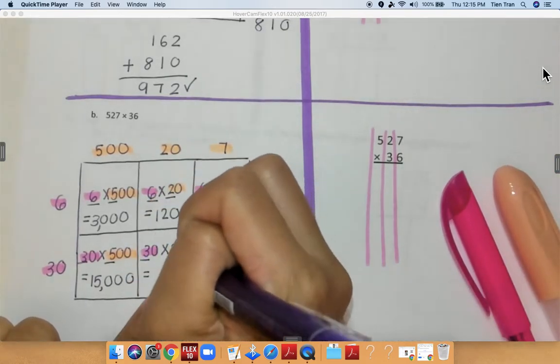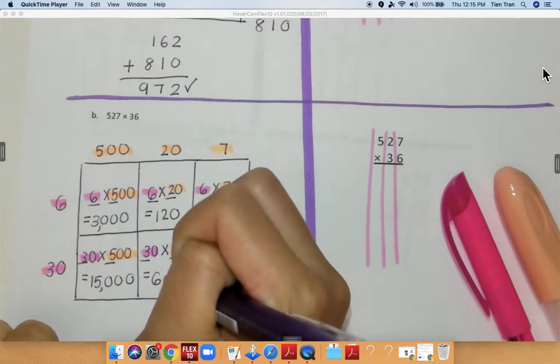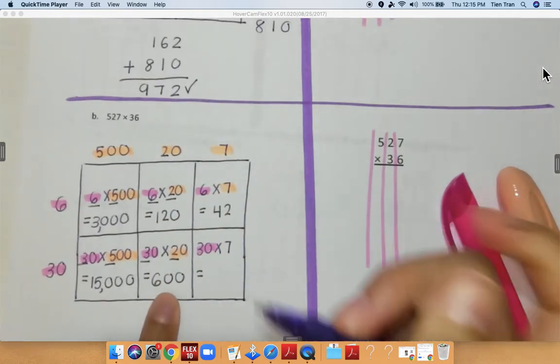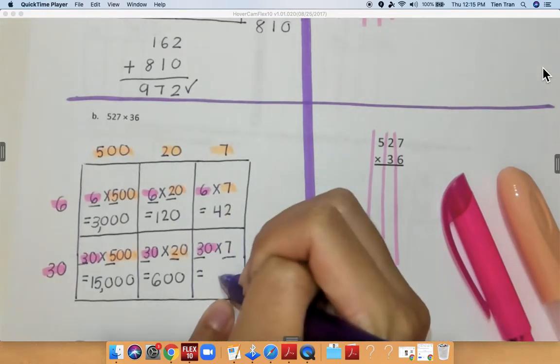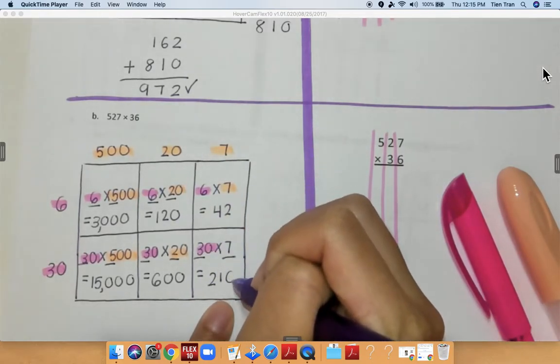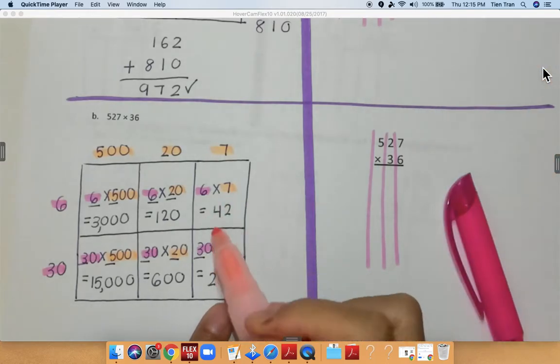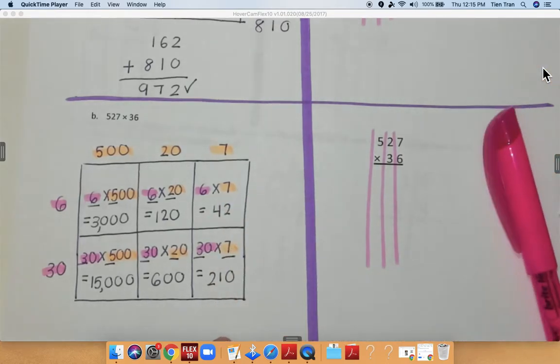I'm going to multiply 3 times 2, which is equal to 6, and add my 2 zeros at the end. Gives me 600. Over here, I am multiplying 3 times 7, which is equal to 21, and add my 0 at the end, which gives me 210. Now,